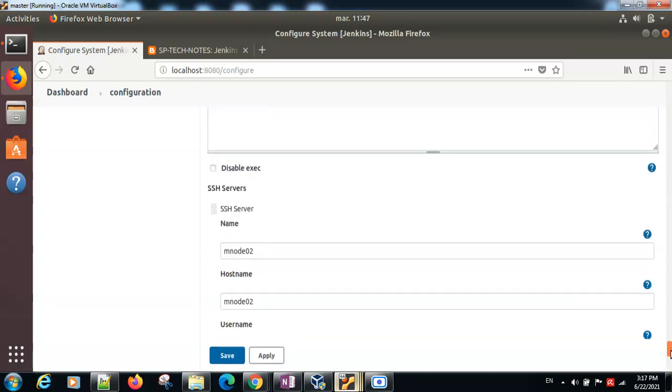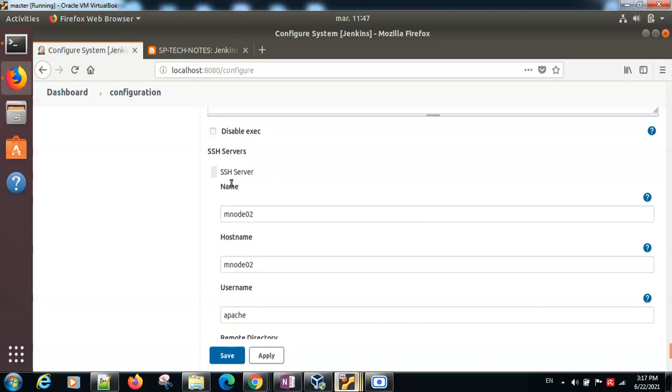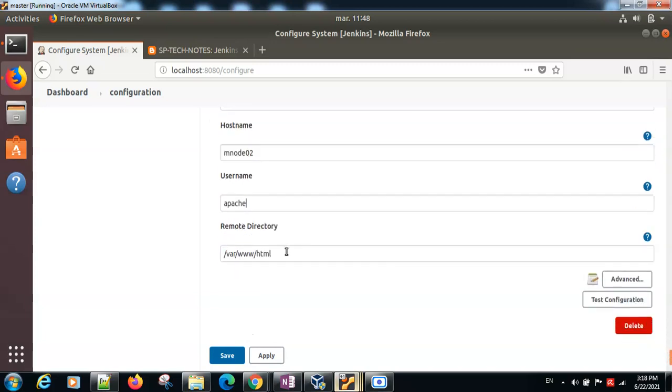When you click add, the screen will come and you have to enter the name. Here you have to give the app server details. In my case, I just give a name; you can give any name. Then the host name of your app server, then the username of your app server. Then the directory where